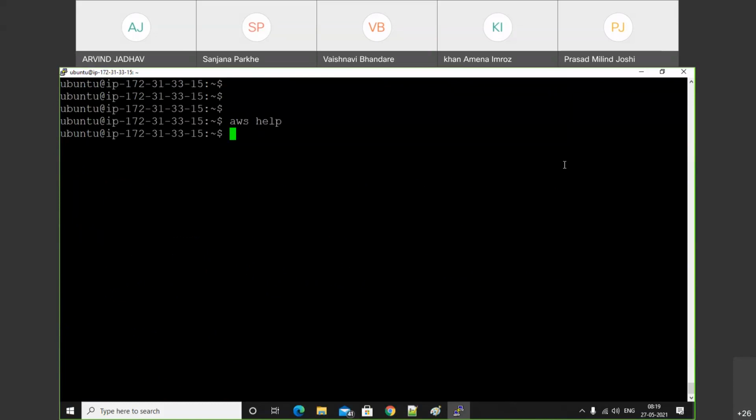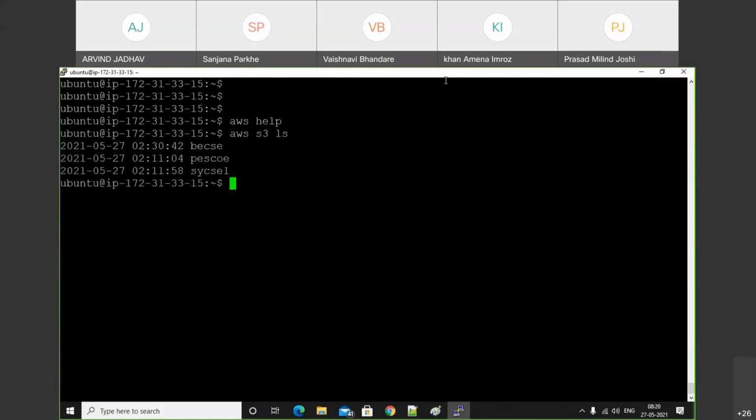Now we'll check the buckets directly. aws s3 ls. By using that, we are able to access the bucket without the credential information. In that case, machine to machine communication was performed. Okay, we need not worry about access key and secret key. Enter. See, we have these three buckets. We did not configure anything. We did not enter the access key and secret key, but still we are able to access these buckets. Okay, just list out the PSUA bucket. aws s3 ls and the name of the bucket is PSUA. It will list out the bucket.